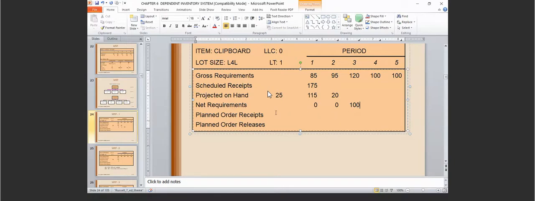When there is a net requirement, when there is information or quantity in the net requirement, we need to determine the planned order receipt quantity here. In order to determine the planned order receipt for the period 3, we must